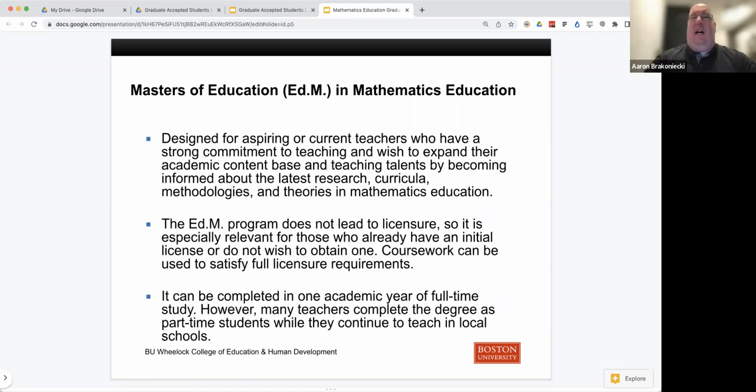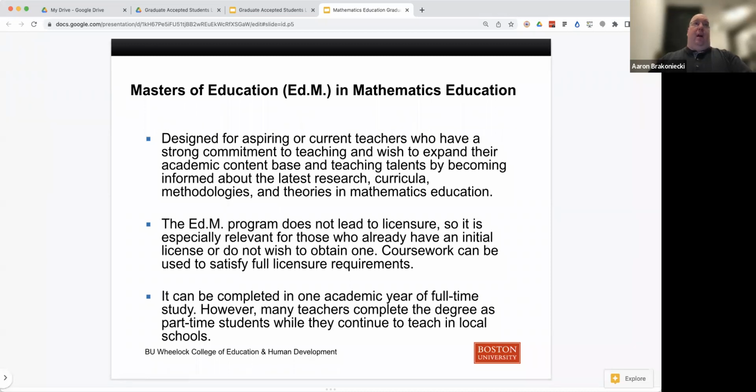Our Masters of Education program, in contrast to our MAT program, is a master's degree, but it is a non-licensure program. So that is probably one of the biggest differences to describe who these two programs are for. The MAT program is for people who are looking to get their initial license and to become a licensed teacher. The EDM program is designed for people who either have their initial license already and are possibly going up for their full licensure, or people who do not have their initial license and for whatever reason aren't interested in obtaining their initial license and have other goals that maybe are outside of becoming a licensed classroom teacher,